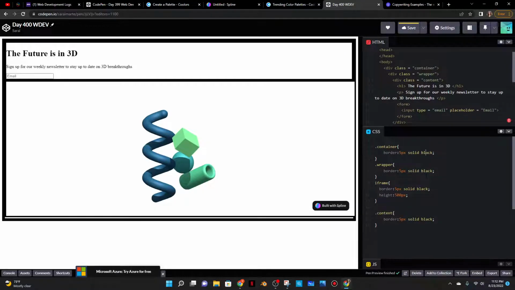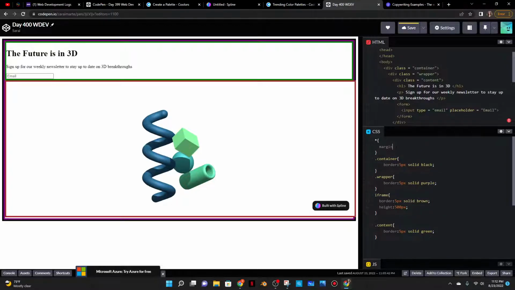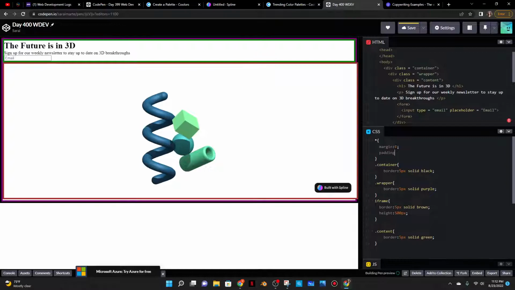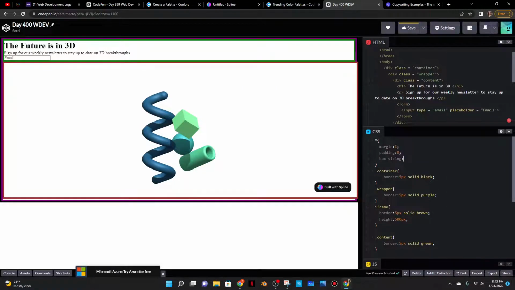Just change the colors a bit so that I could actually see what's going on. So maybe purple, maybe brown, maybe green would be good. All right, so currently the container is the black. So what I want to do is get rid of any default margin and padding that there is. So I'll do margin 0, padding 0, and then I'll do box-sizing border-box,